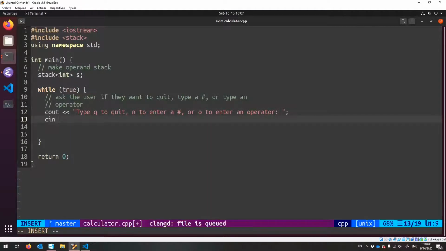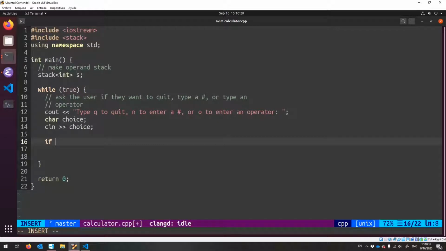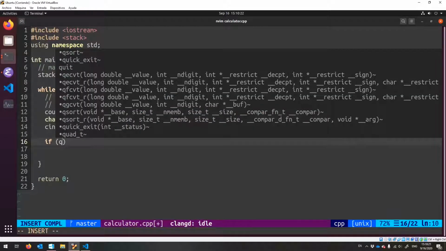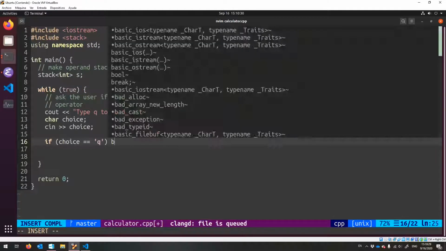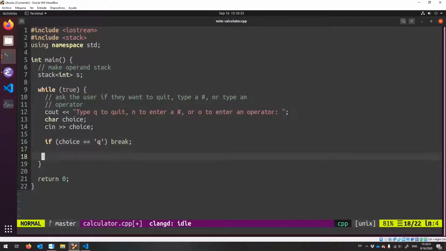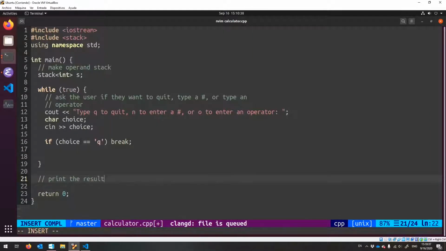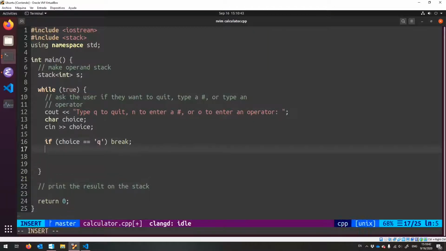So choice, char choice, seeing that. And so now we have their choice. If it's Q, then we're done. Let's break out of this loop. Then we'll end up down here, and we can print out the answer. All right. Otherwise,